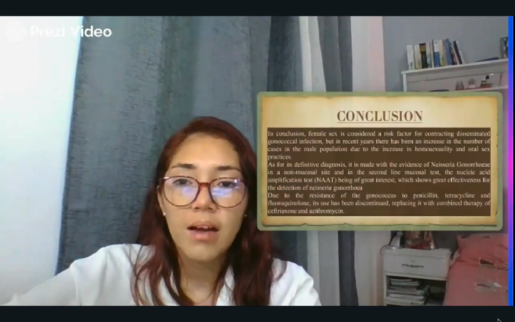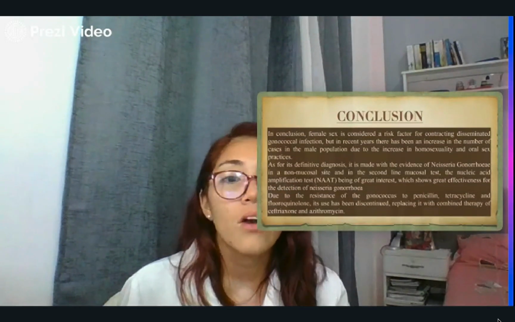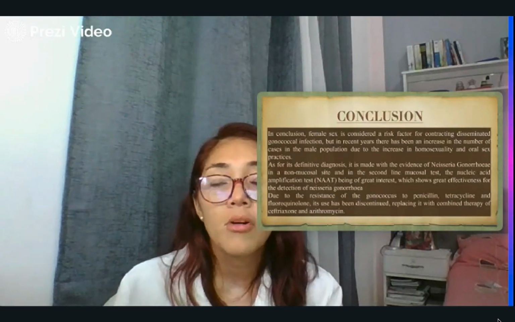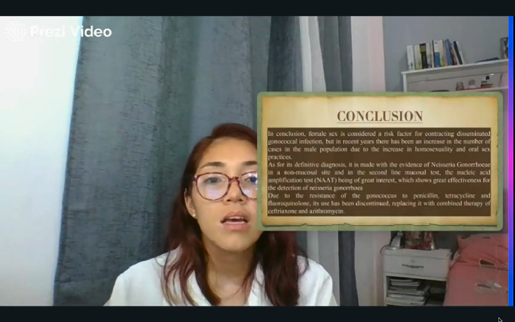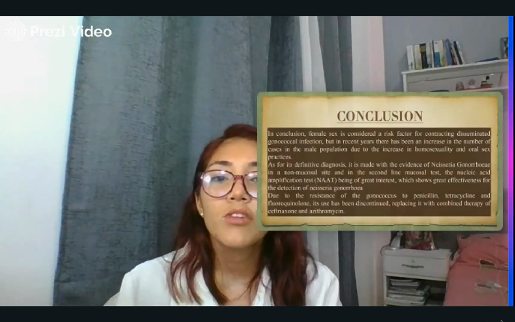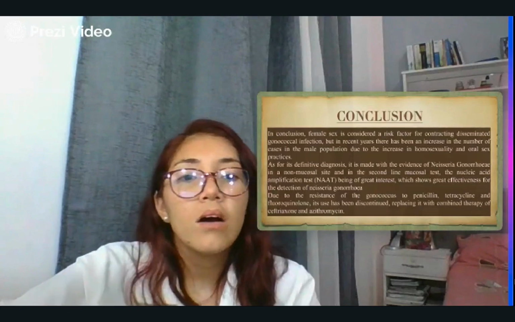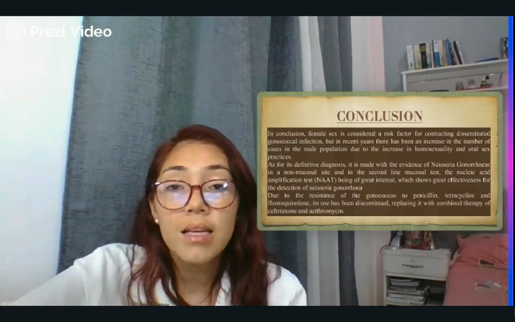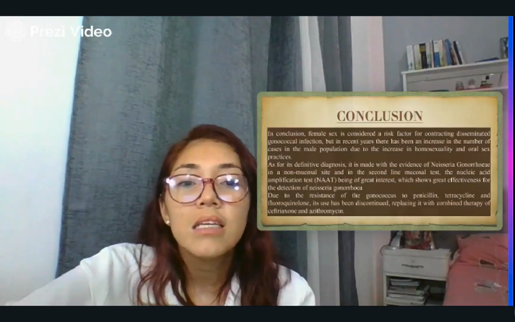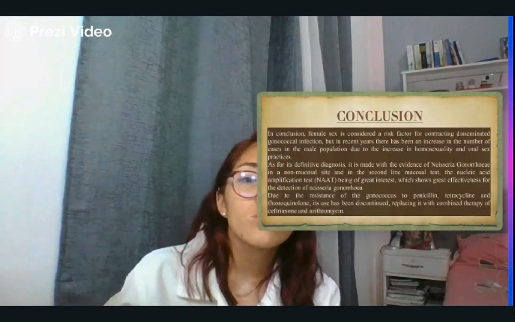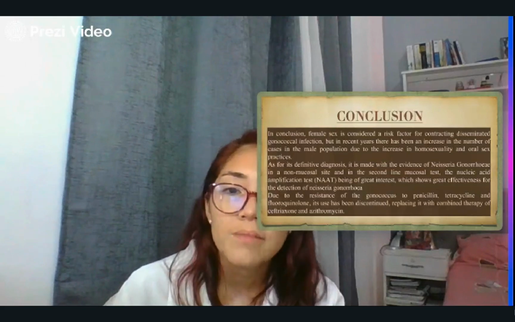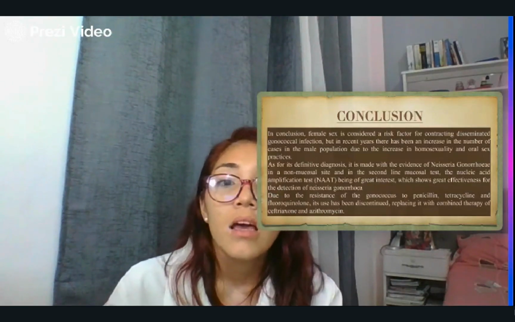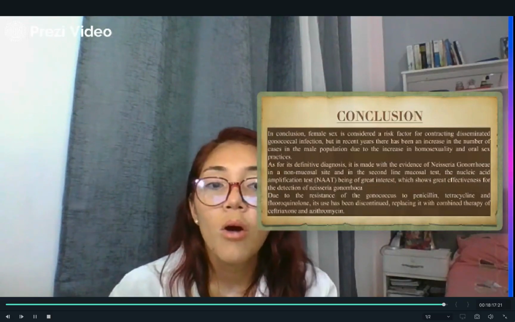In conclusion, female sex is considered a risk factor for contracting disseminated gonococcal infection. But in recent years, there has been an increase in the number of cases in the male population due to the increase in homosexuality and oral sex practice. As for its definitive diagnosis, it is made with the evidence of Neisseria gonorrhoeae in a non-mucosal site, and in the second-line mucosal test, the nucleic acid amplification test, NAAT, being of great interest, which shows great effectiveness for the detection of Neisseria gonorrhoeae. Due to the resistance of the gonococcus to penicillin, tetracycline, and fluoroquinolone, its use has been discontinued, replacing it with combined therapy of